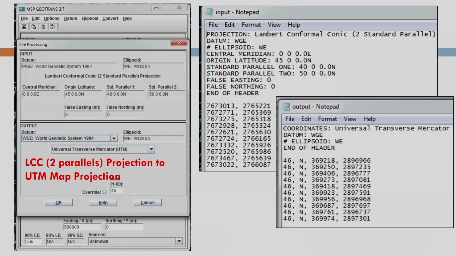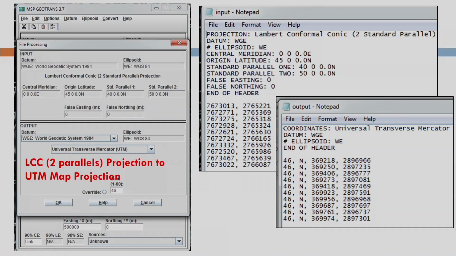Further, now I am doing the map projection transformation, that means between one projection to another projection. Surprisingly, here I am not changing my ellipsoid, that means I still have the same reference frame. So within one reference frame I am using the LCC map projection, and then I am converting those LCC map projection coordinates into, let us say, transverse Mercator or UTM or polyconic projection and so on.